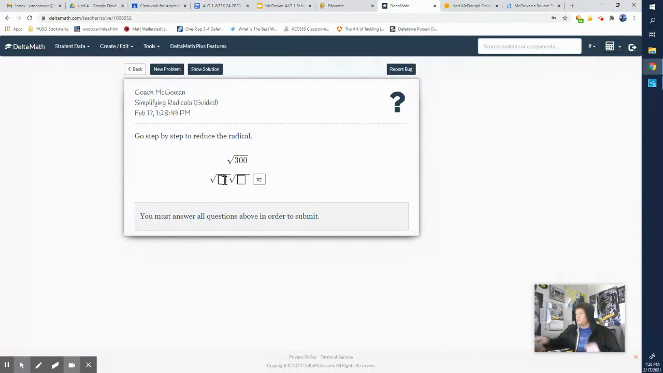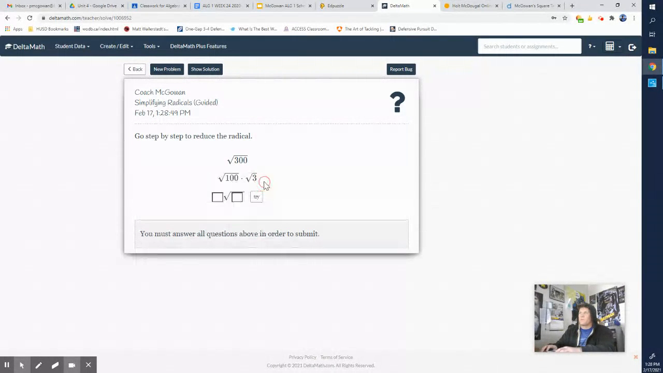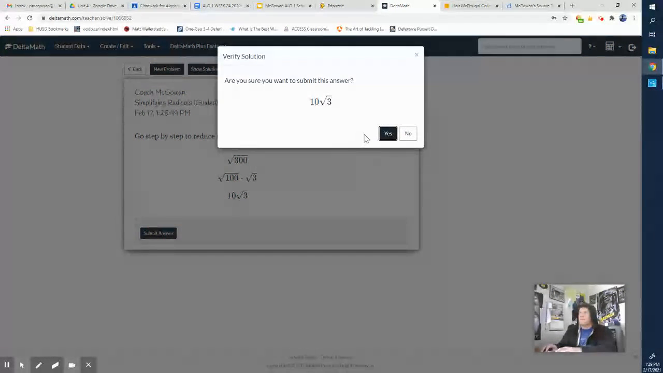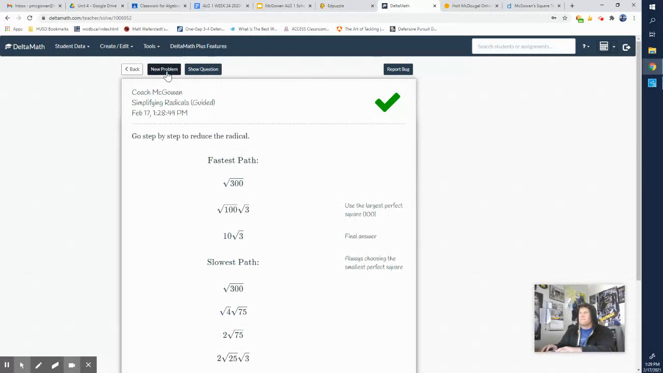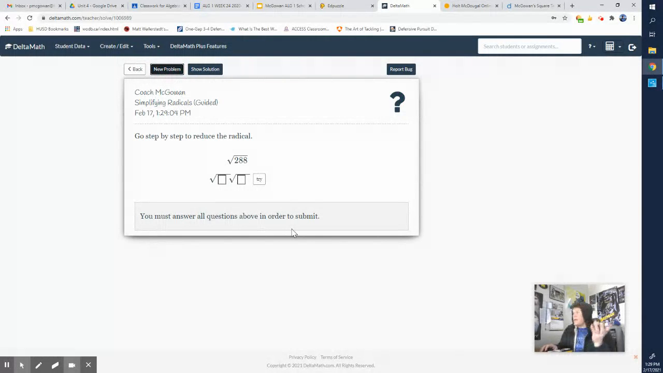Oh, square root of 300 we just did. We put that back, put a 3 down. Okay, let's try another one. 288. Looking at the perfect squares that might be able to go into this number here. Okay, 288. What about